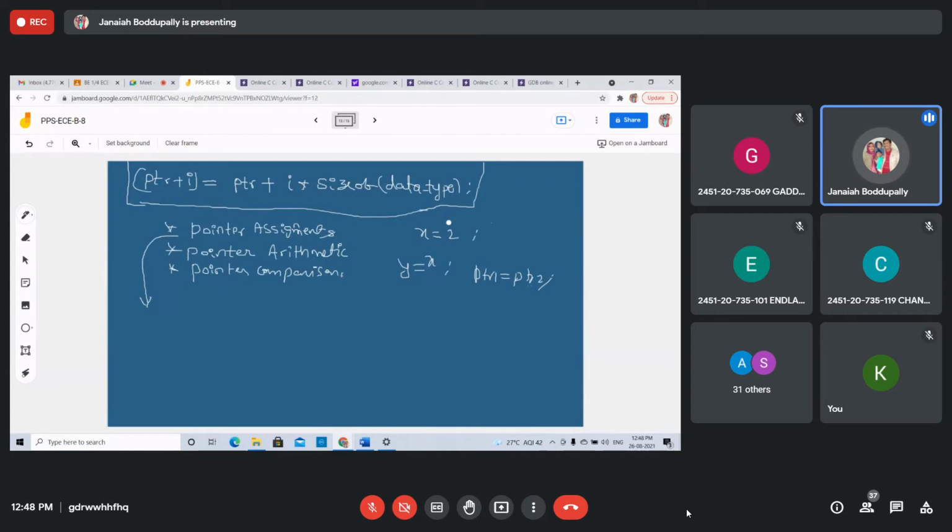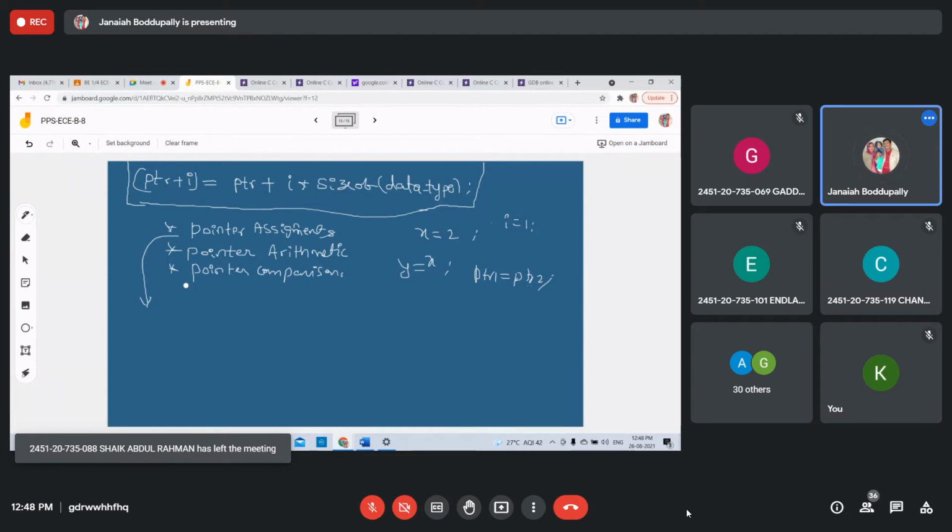Students, x and y are two ordinary variables. To assign a value to another variable we write x equal to y, or i equal to 1, where a constant will be stored. Same like ptr. In pointer assignment, a pointer variable can be used on the right hand side of the assignment statement to assign its value to another pointer.